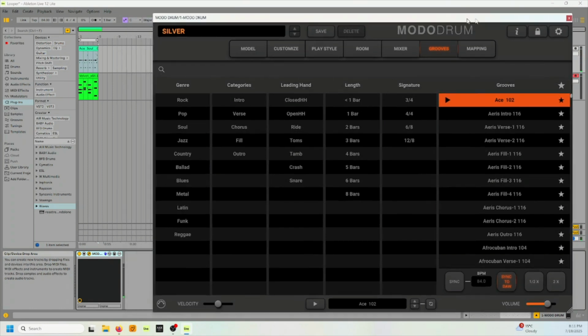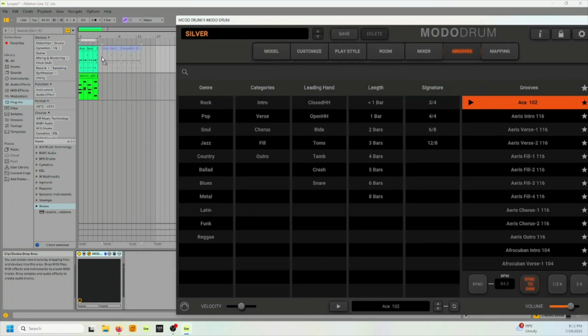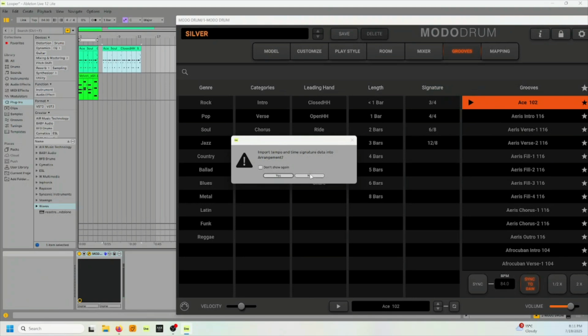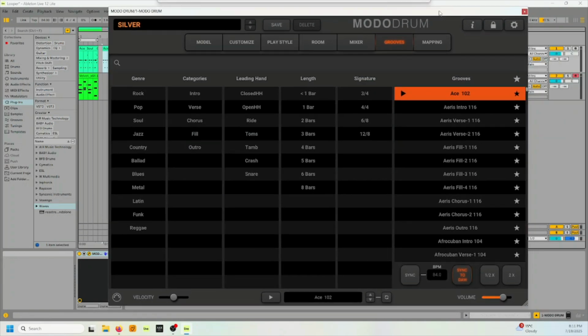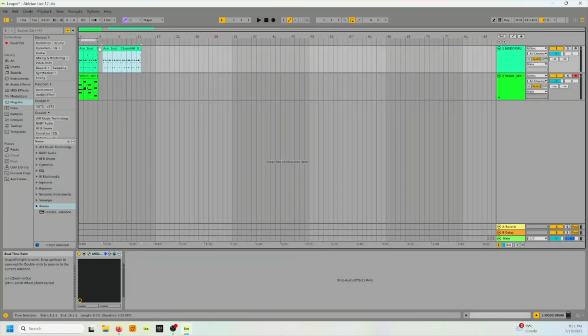But I just dropped it onto here, and I just took 4 measures of this, right? I just dragged this. So I wanted only to do 4 measures. I think this is free, light, whatever the IK